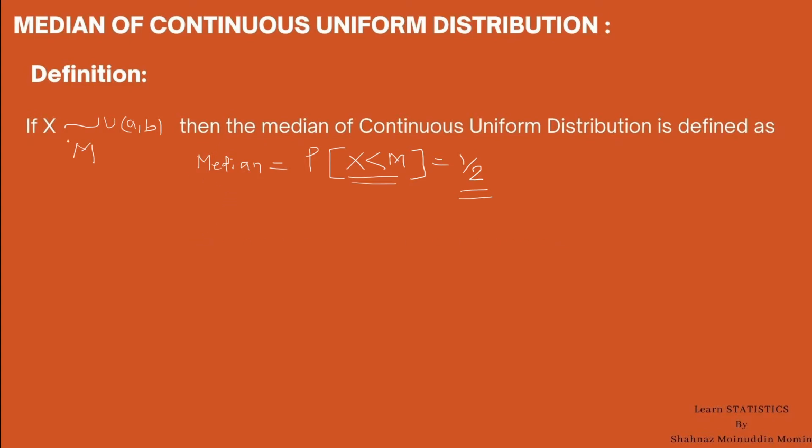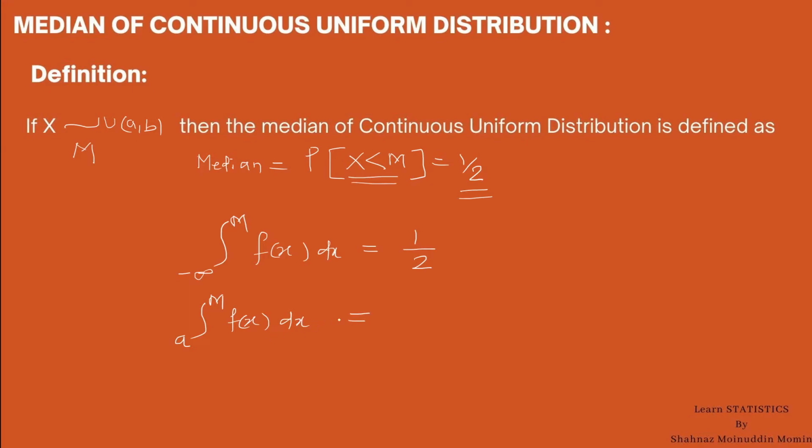Here, as x is a continuous random variable, we shall calculate this probability x less than m as integration minus infinity to m f(x) dx, and it should come out to be 1 upon 2. As x is uniform over A B, the range of variable x is from A to B. So, the lower limit must be A. Hence, integration A to m f(x) dx,